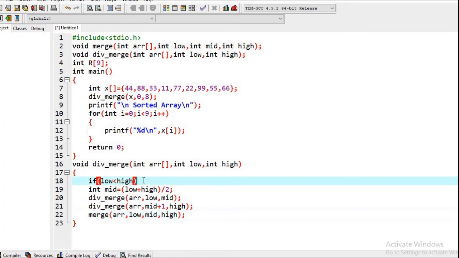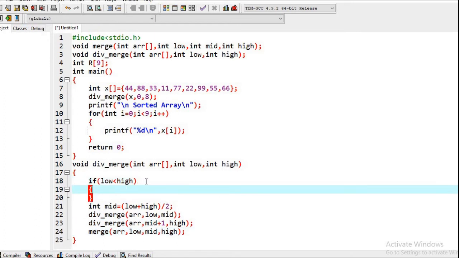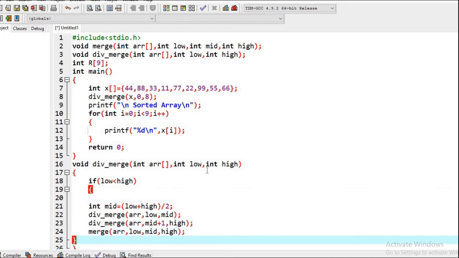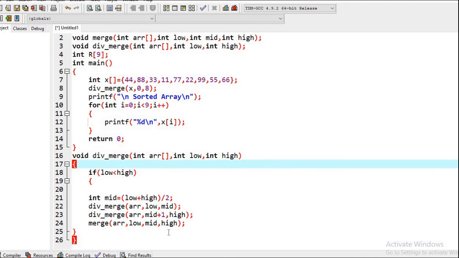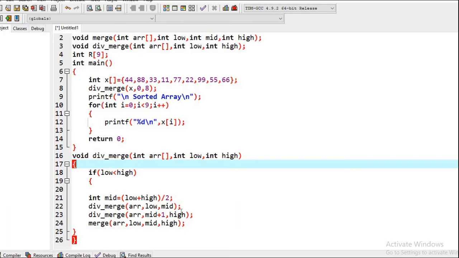And because there are more than one statements, we need these curly braces here. So that's all about this function divide merge.